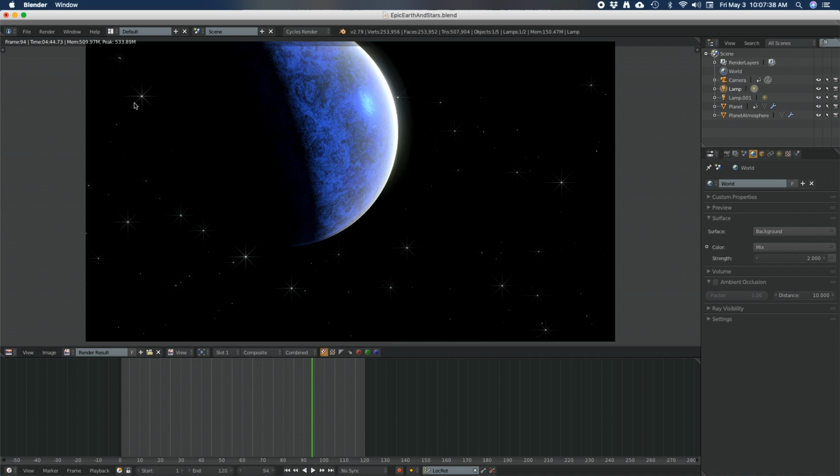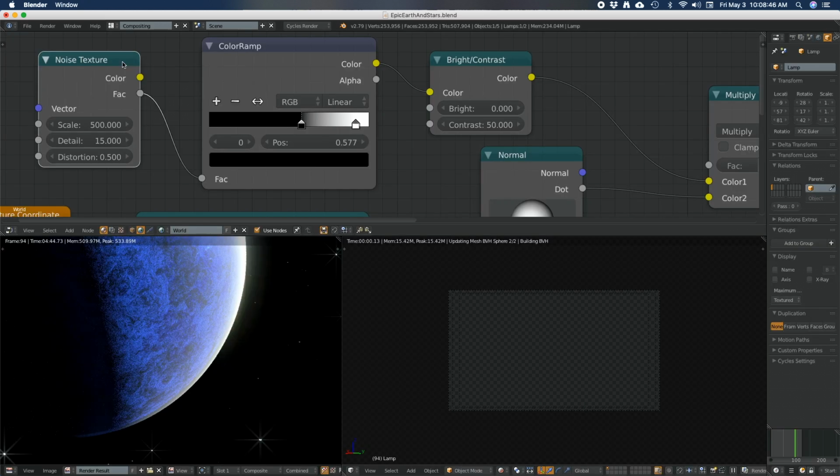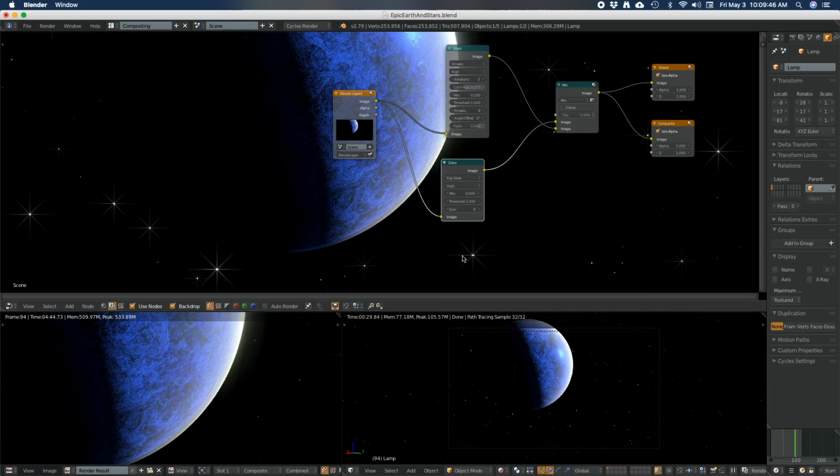Here we have the final image. It took 4 minutes and 44 seconds. Used 509.97 megabytes of RAM. So let's switch over to compositing. Okay, to create the starry field that I have, you can see that when I added the streaks here,